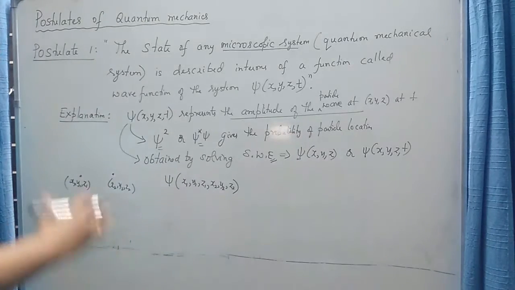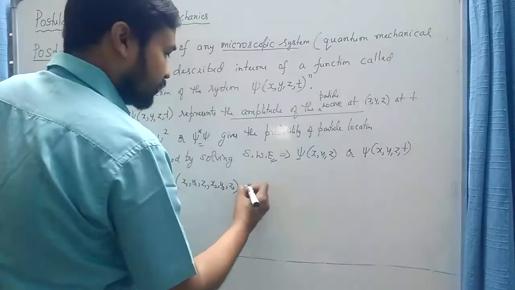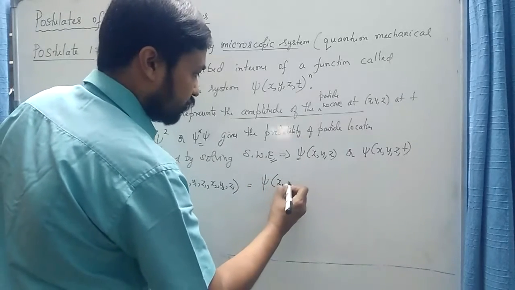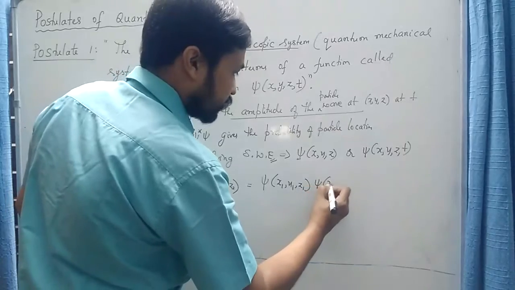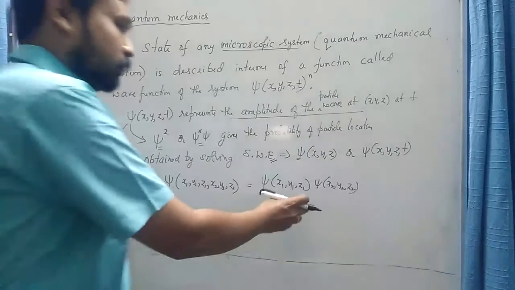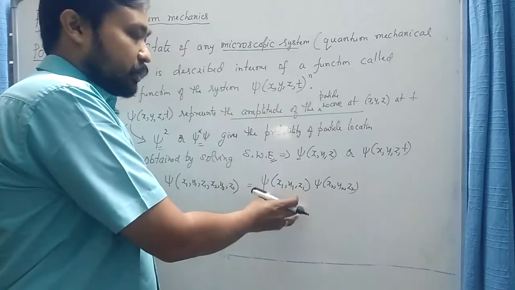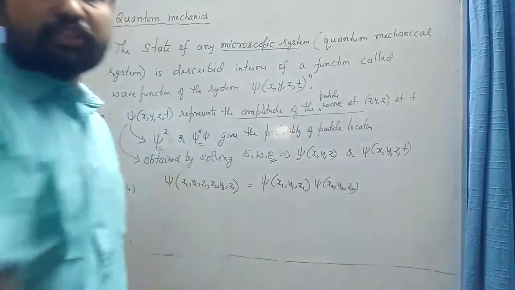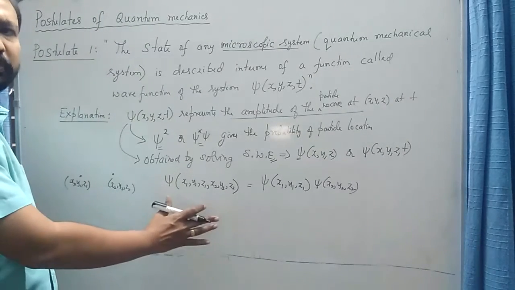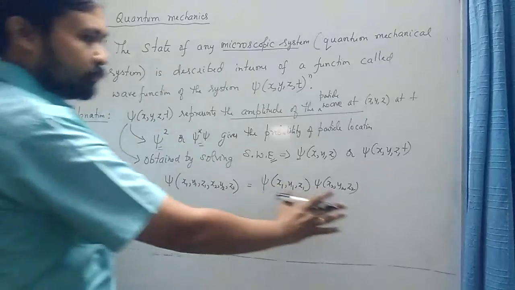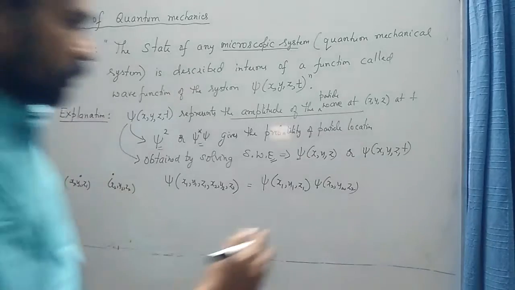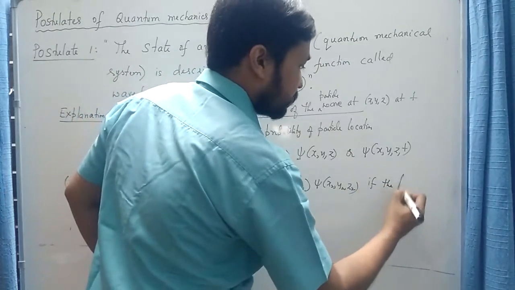However, whatever the complexity of the wave function, you can simplify it and write it as a product of two wave functions, psi of x1 y1 z1 into psi of x2 y2 z2. The first represents the wave function exclusively describing the state of the first particle, that is, it depends only on the position of the first particle, into the second wave function which depends exclusively on the position of the second particle. So however complex this wave function is, it can be simplified and written as a product of wave functions associated with each particle, provided